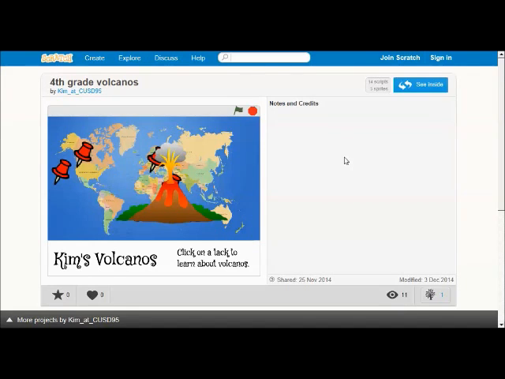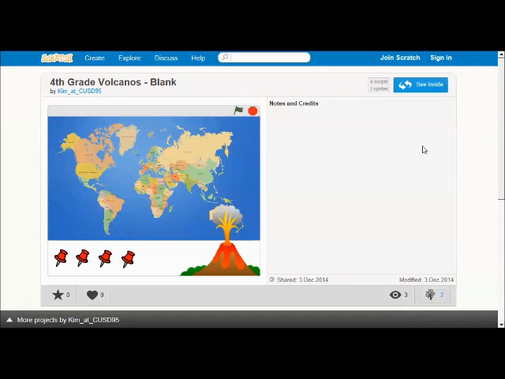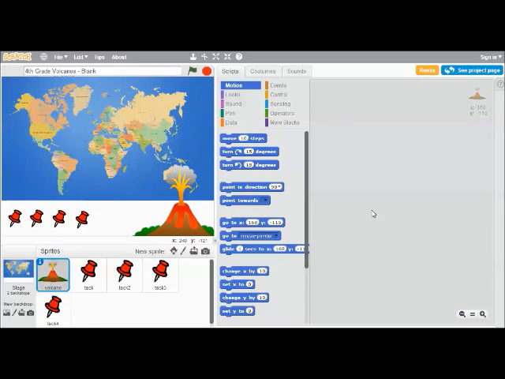So to get started, you'll need to be on the Scratch website. Ask your teacher how to get there. We created a blank project for you that has just the pictures that you'll need to get started, just to save you some time so you can focus on adding your code to this program. To look inside any Scratch program, click on the See Inside link. And it's a great way to learn about computer programs by looking at the programs written by others on the